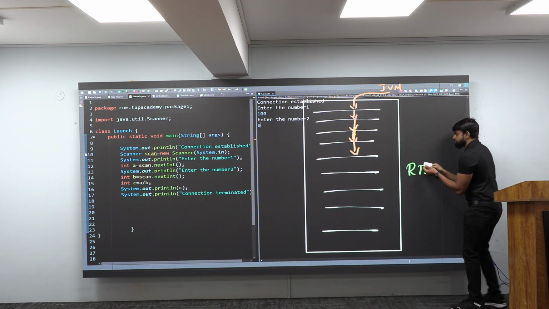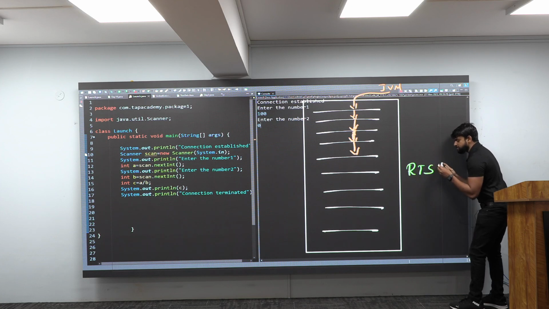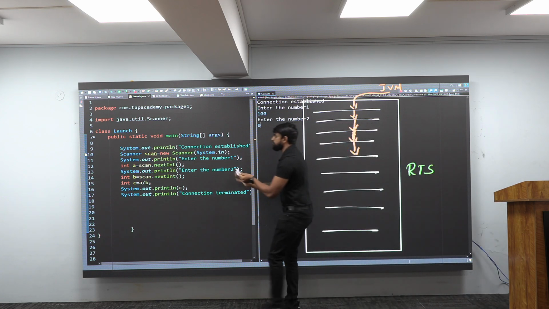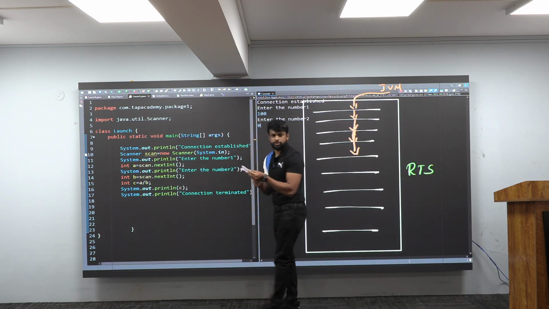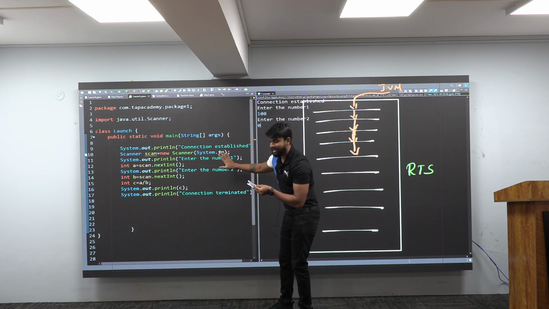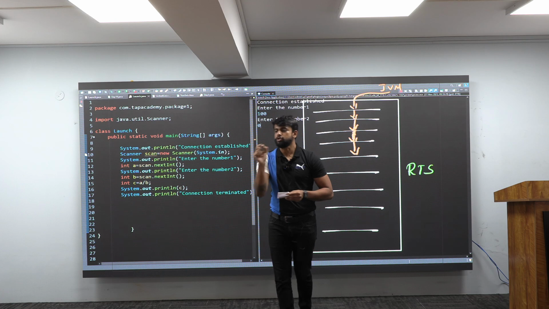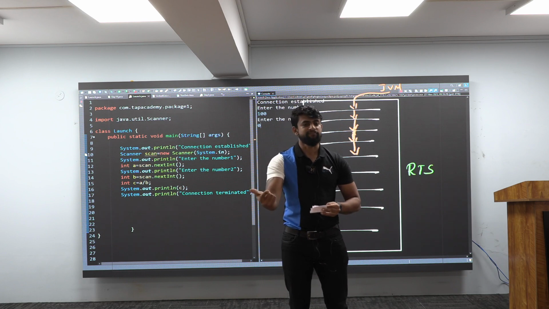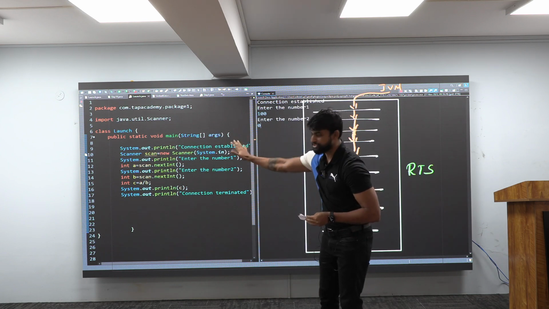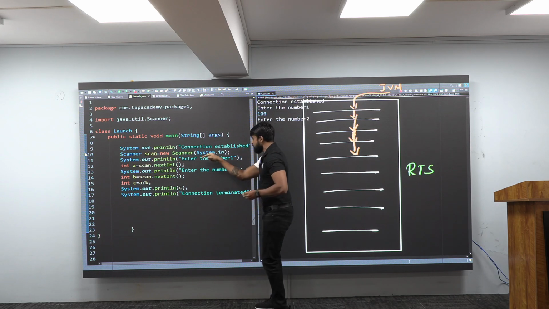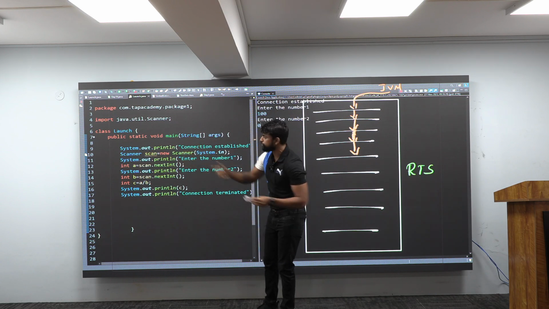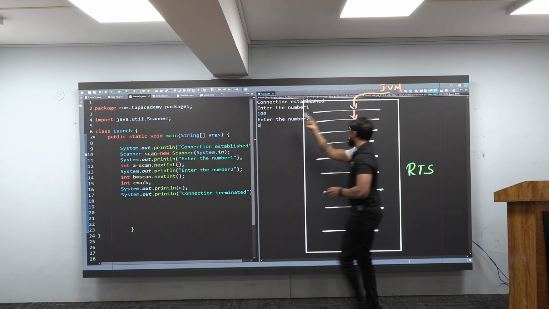Here is the runtime system. It will come here. This runtime system will take this object and go to the same program to check for try and catch. To check for what? Try and catch. So we call it UDEH. We call it what? UDEH, known as user defined exception handler. That is try and catch. Now you open your eyes and tell me, do you have try and catch here? No. See, sir, try and catch, how are you telling, sir? TRY is there? No. CATCH is there? No. No means it will take this object back to him now.